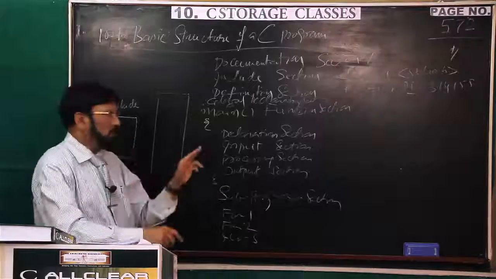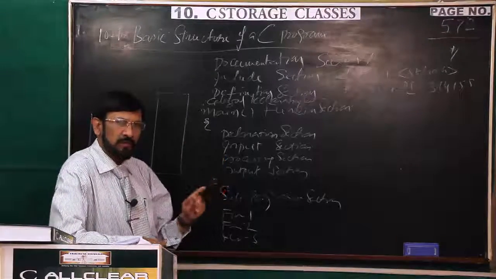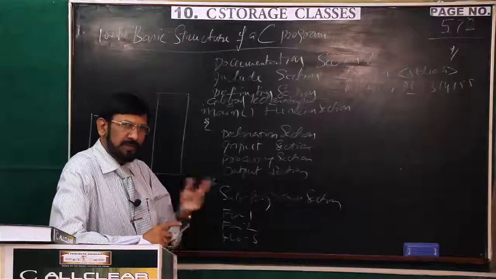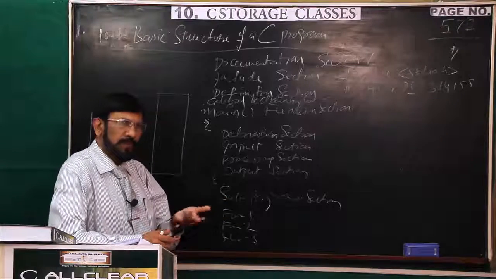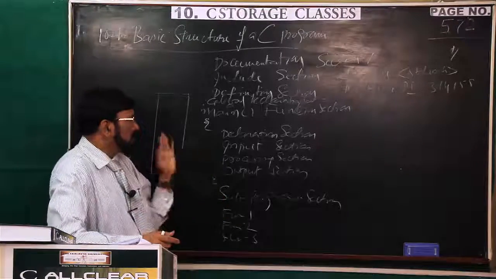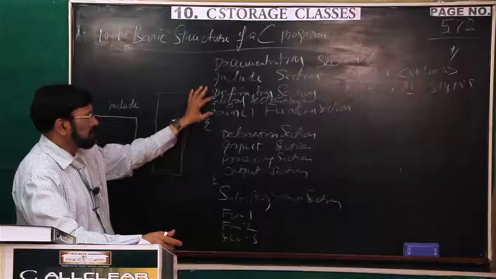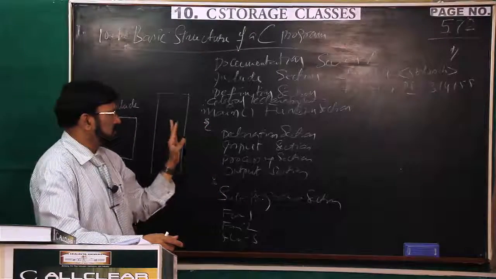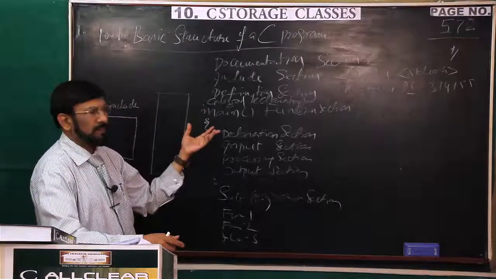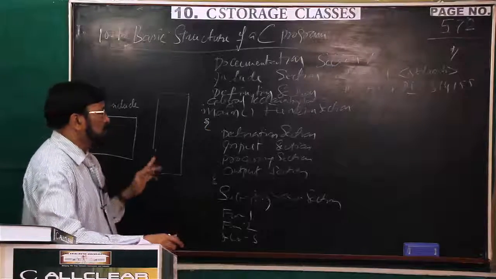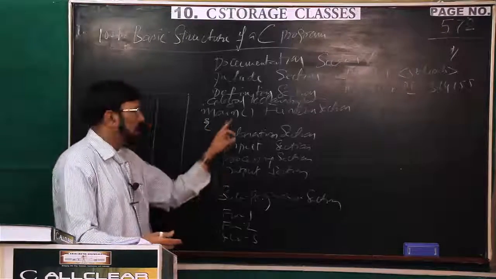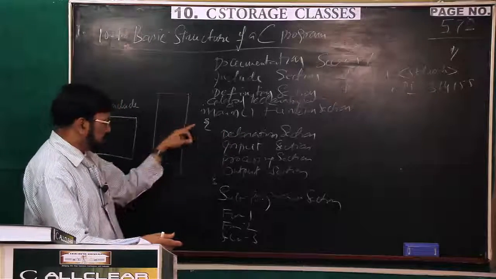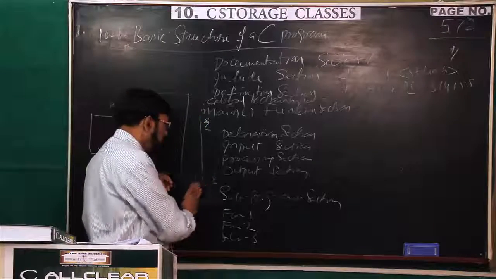But for comparison purposes, if you compare the main function with any other function in a program, fundamentally you can find two differences. The first difference is without main, there will be no C program, and program execution starts from the main function. It is like the entry point of the program. And apart from this, it is like any other function in the C program. So the main function is compulsory, and without main you don't write any program. Understand?